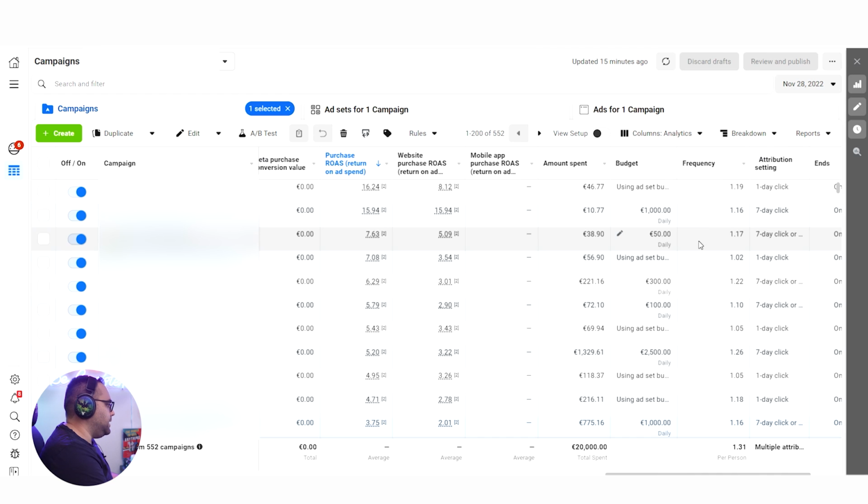Are you seeing anything strange? Yes, of course you see. When we see round numbers in our Facebook Ads Manager, something is actually problematic. What I mean by that is, you can see a round number here on the budget, but you should not see one on the amount spent. When you see it on the amount spent, it means that there is some kind of limit that you have reached.